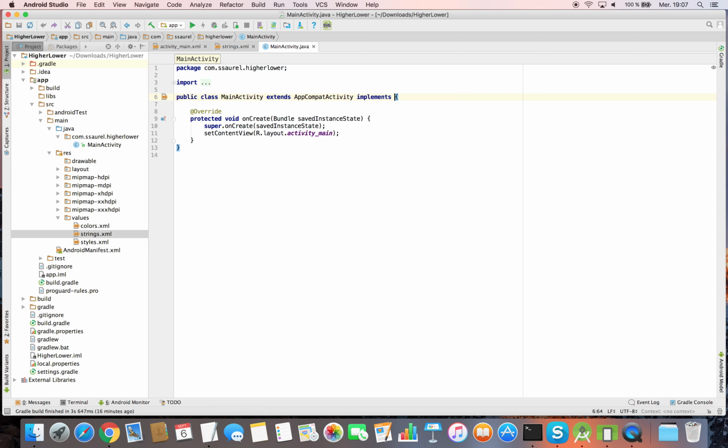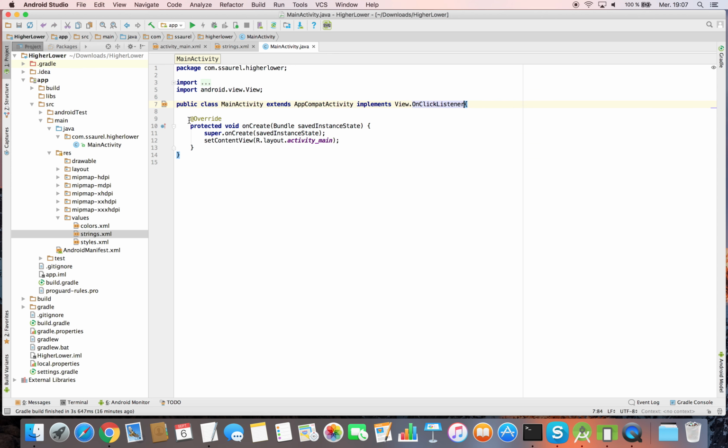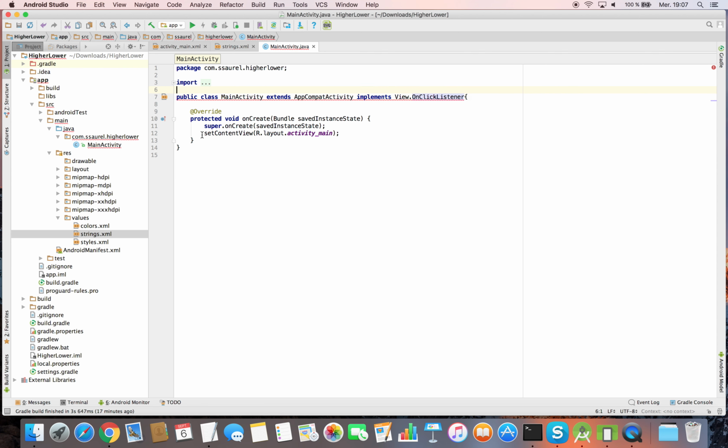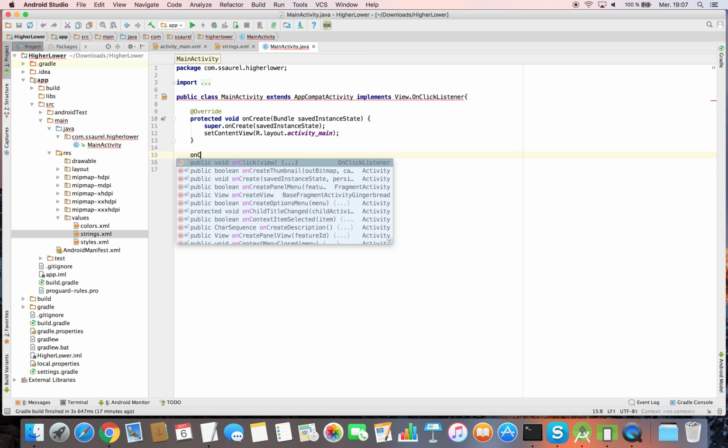Now it's time to write the Java code of the main activity. In the main activity, we'll write the logic of our higher-lower game. The main activity will implement the onClick listener to manage the user's click on the button.